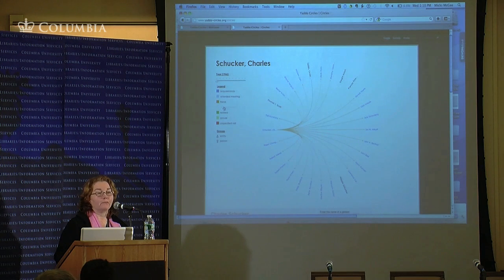So you can see, for example, that Charles Shucker was a very great writer of letters of recommendation. It was one of the things that is very present in the Yaddo archive, all these letters of recommendation. So you can capture what his relationships were. Apparently he was married twice. He had an unexpected or unspecified visit to Yaddo. And you also have a timeline, time bar up here, where you can sort out what relationships were taking place